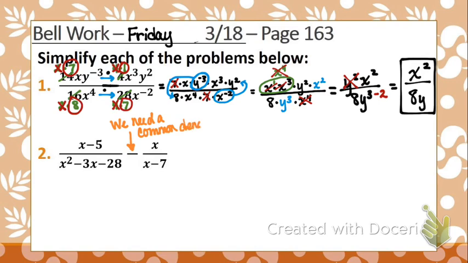A is 1. All right, so we're going to factor that denominator. You said we can use our shortcut because a is 1. So I need 2 numbers that will multiply together to give me -28, but add together to give me -3. -7 and +4. So I have x minus 5 in the numerator over x minus 7, x plus 4,